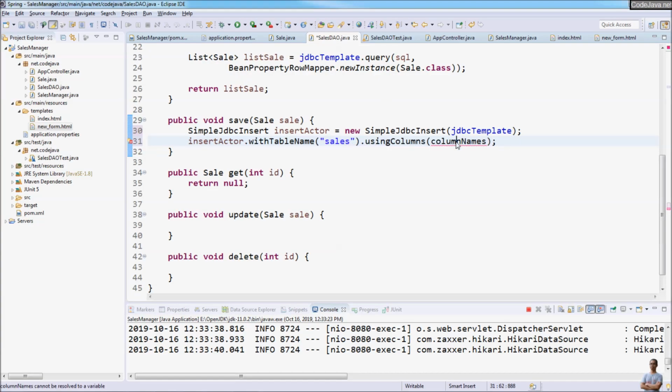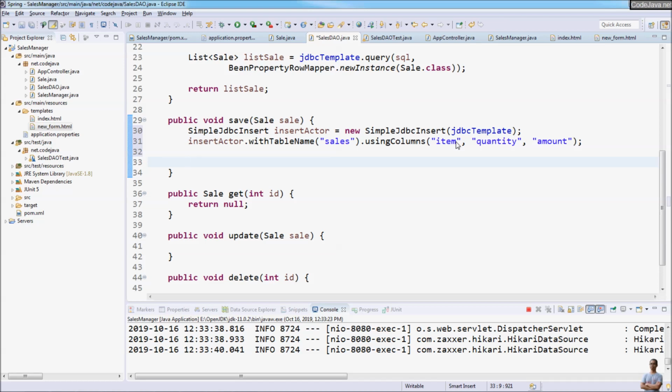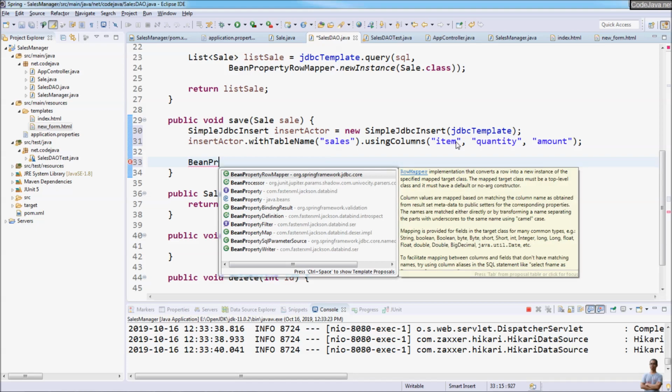And then we use the BeanPropertySqlParameterSource here,